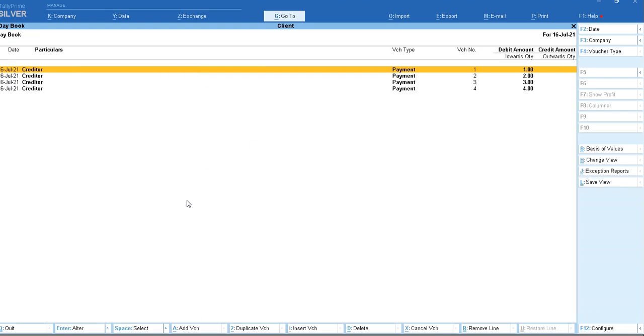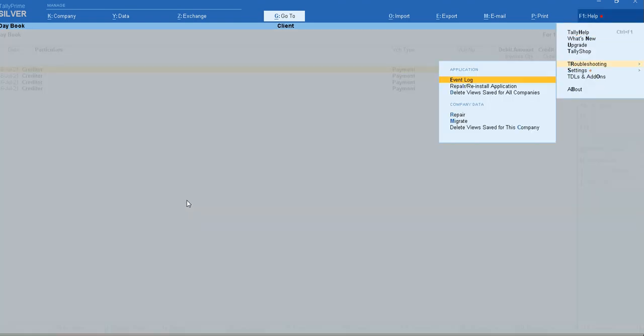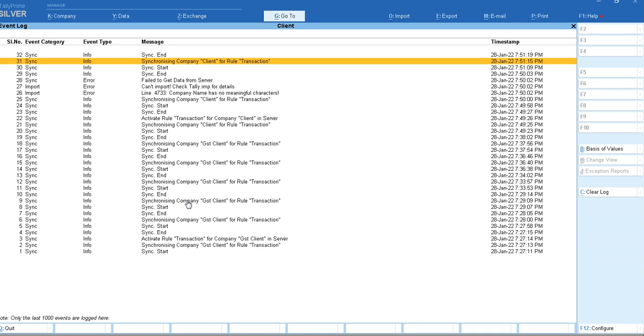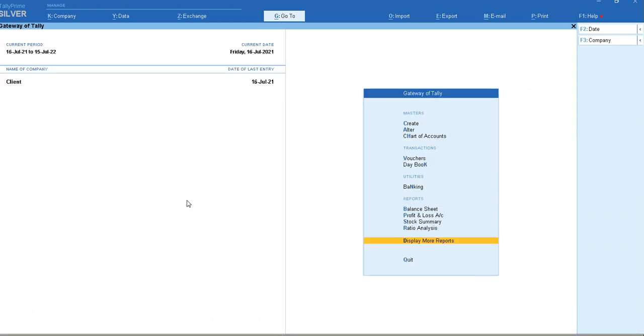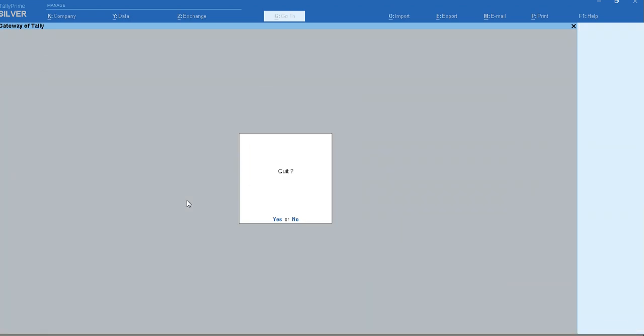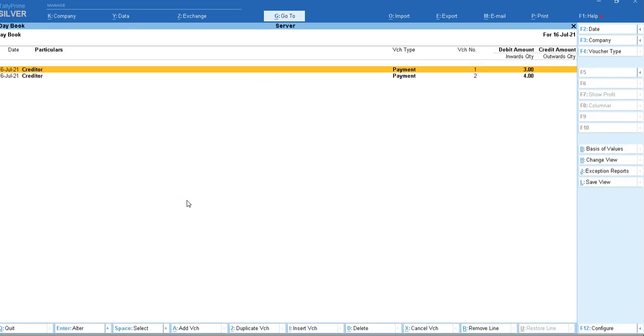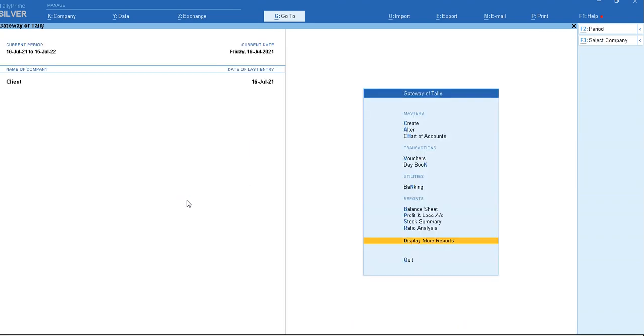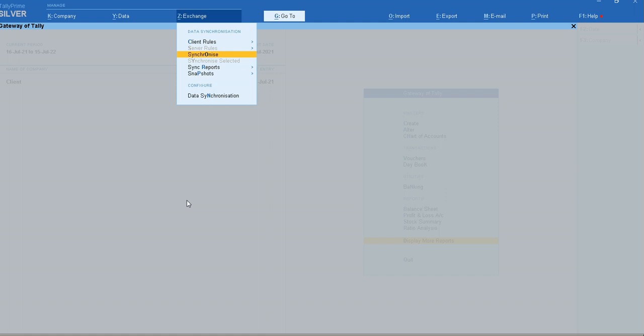Let's see what the error message is, troubleshoot, event logger. There is no error, it is showing synchronize start sync, can't import the file. So I will just re-sync the data.